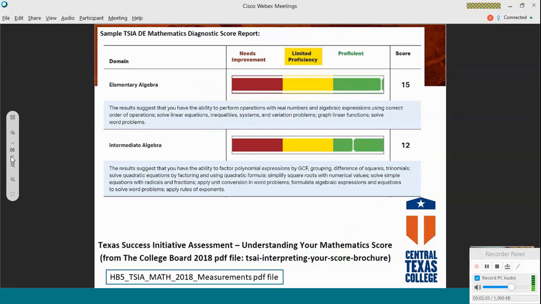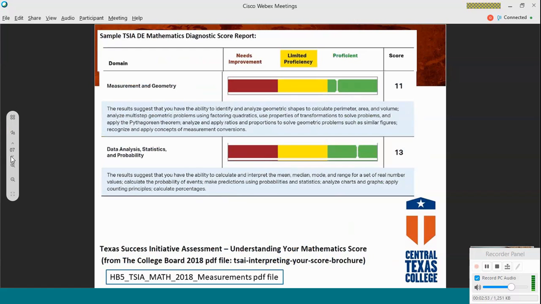This is a sample of what the students use. After they take the TSI, they get a page that shows their proficiency in each of those 4 areas. So they get a score, and then they also get a little mark of whether they're proficient or needs improvement. So that will help also with this file that we have for you. The new TSI come fall will also have some online opportunities for them to practice before they take the test again.